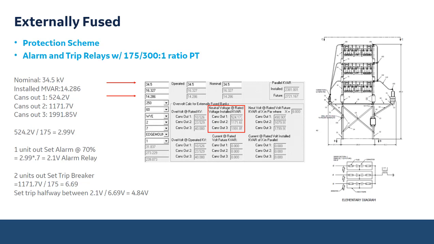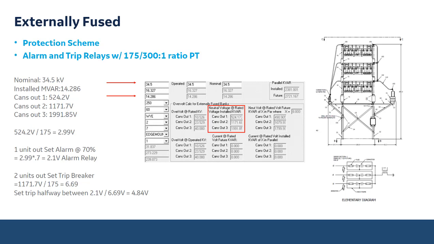And this is a screenshot of that protection scheme. So assuming you're using a 130 or 175 dual ratio to 300 PT, your nominal at 34.5, installed VAR at 14. So with one can out,